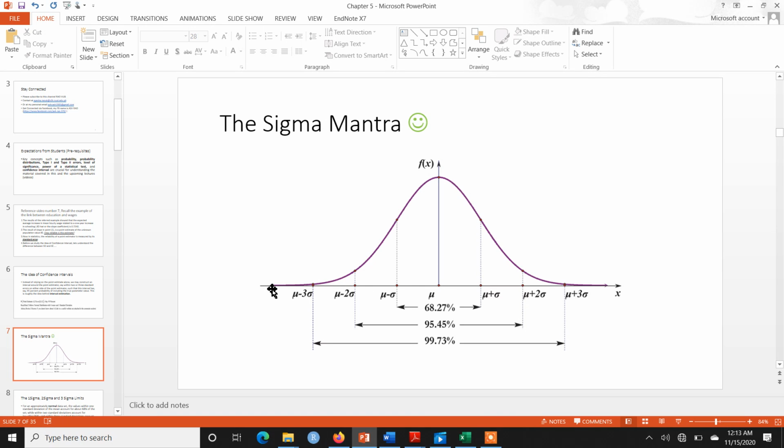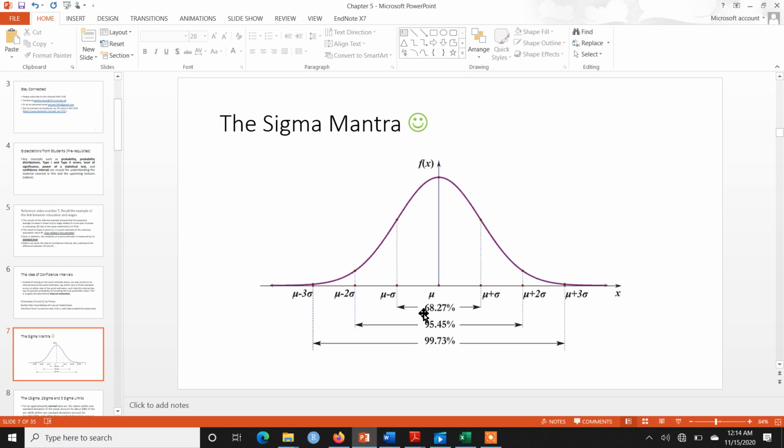So far, the concept that we have studied regarding the normal distribution is that it's a bell-shaped, symmetric distribution, with its mean represented by the Greek symbol mu and its standard deviation represented by the Greek symbol sigma. There is a sort of mantra, or a property, about the normal distribution: if you analyze the interval mu minus sigma to mu plus sigma, and the distribution is normal, then that interval should have